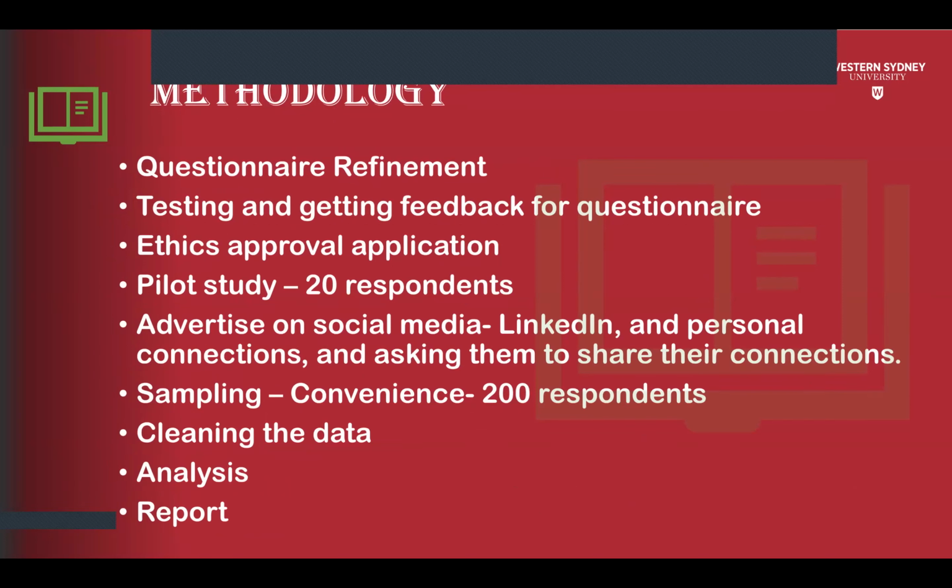After that, I'm also preparing my ethics approval application. After getting my ethics approval, which is expected in January, I'll be doing a pilot study with 20 respondents. After understanding how the individual